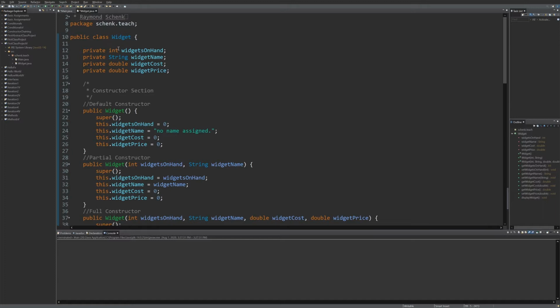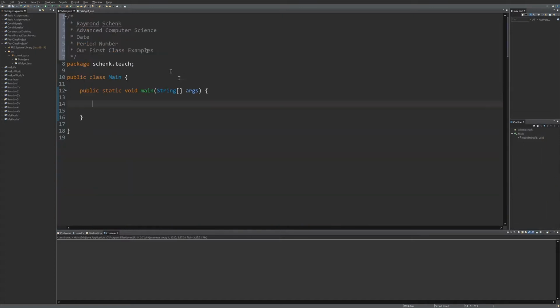This is a recipe, okay? It's a recipe for an object. It is not yet an object. It's a definition, okay? It's a custom data type. So now in main, we're going to begin to use the widget class by making widgets, actual objects in memory that we can manipulate. So we're going to start by building a widget